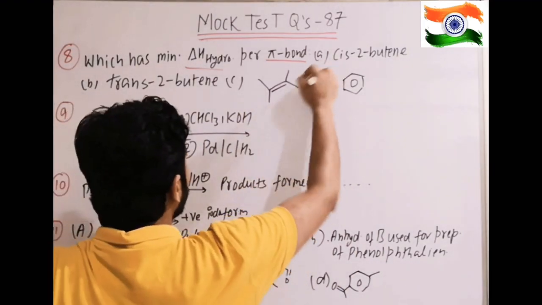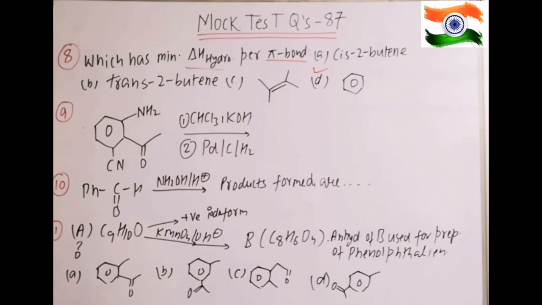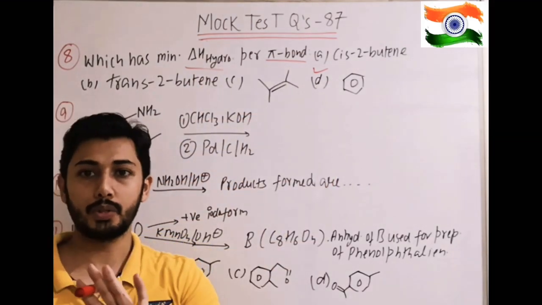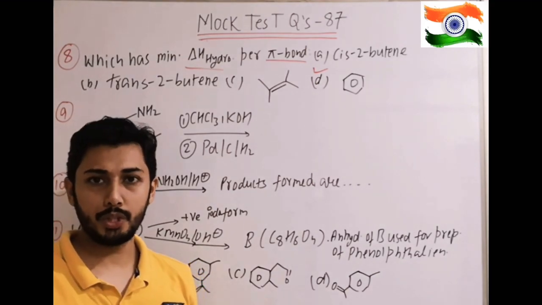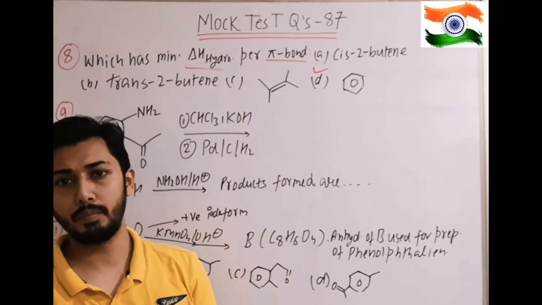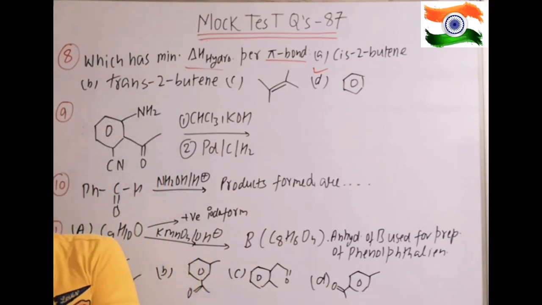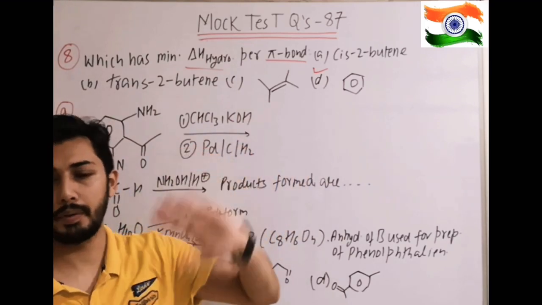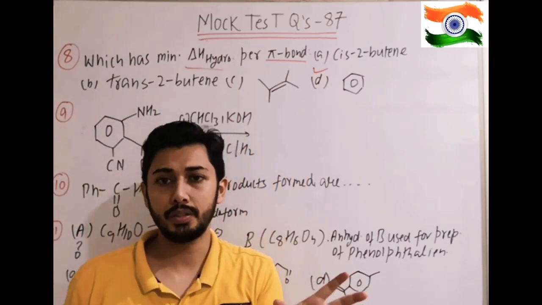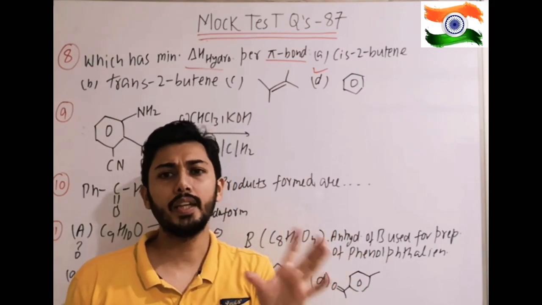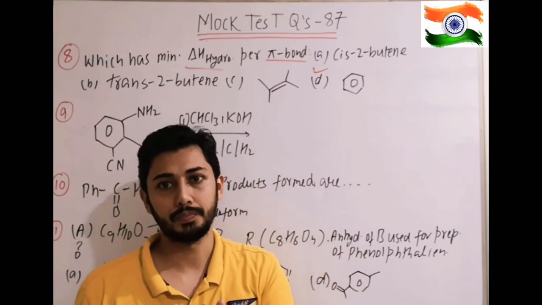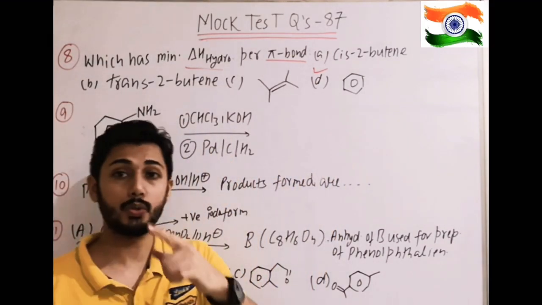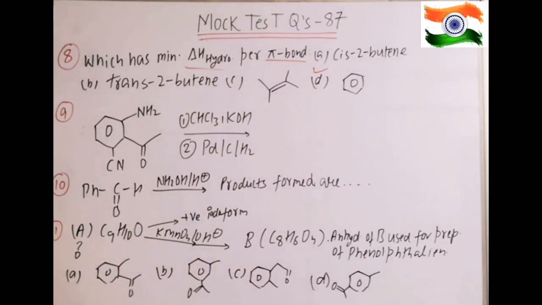So the answer is D. If the question does not mention per pi bond, only minimum heat of hydrogenation, then the answer will not be option D. Why? Because we know heat of hydrogenation is directly proportional to the number of pi bonds. The exception arises for aromatic compounds, but here there is no exception because the comparison is between 3 pi bonds and 1 pi bond. When we take a conjugated system and benzene, then that exception works. The same example we have covered in hyperconjugation in GOC part 1. So here the answer is the fourth option.